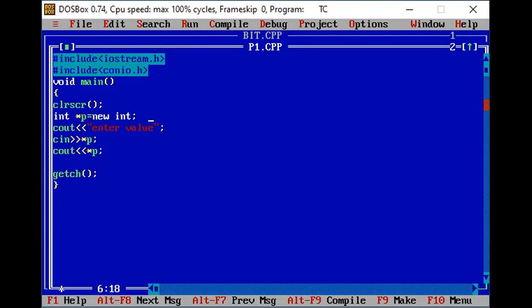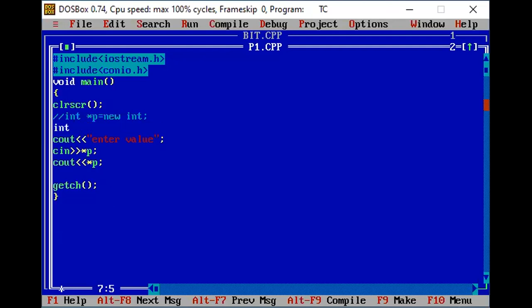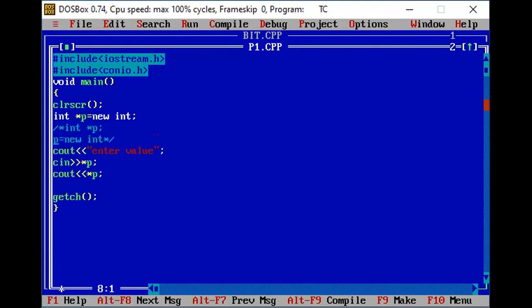I will make it a comment. You may also write it like int star p equal to new int. This is another way you may write it, but in a single line you may cover it by the above way. This is also a correct format.